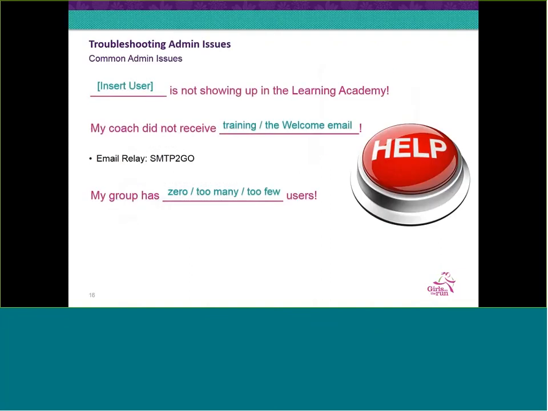So, some of the most common admin issues that we see. I've grouped our issues into most common admin issues and most common end user issues. The most common admin issues that we have run into are that a user is not showing up in the Learning Academy, and so the integration of our CRM software, where all of the data comes from, and our API,